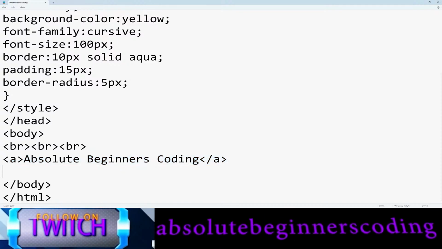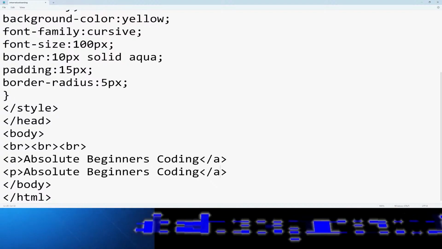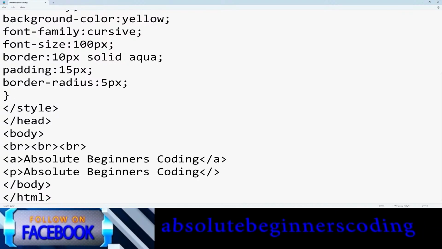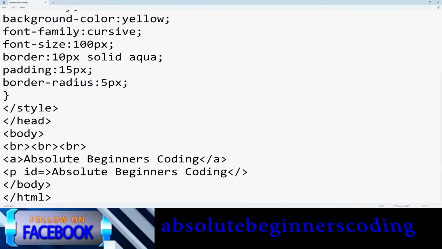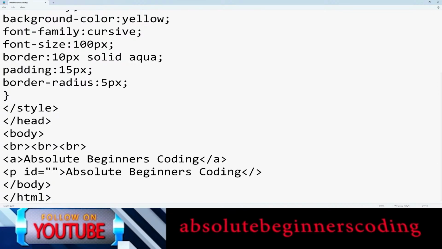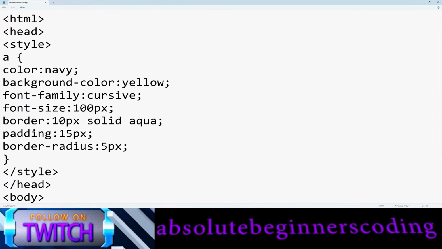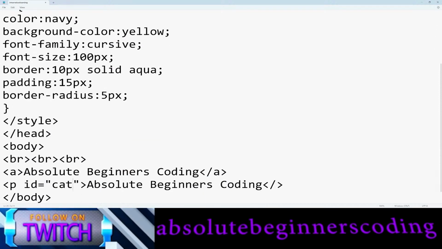Let me copy this and paste it. If it is other than a, like p, you can also use something called id. You can add an id to that, and you can add a name to that id, like cat. And what happens is, if you are using the id, you can do the same